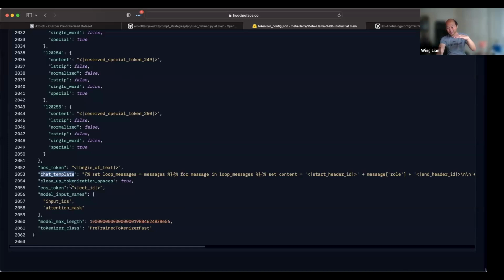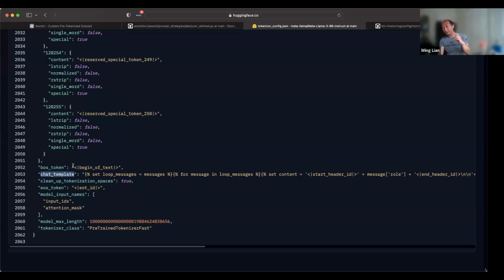I believe the default for ShareGPT is ChatML already, if I remember correctly. But if you set chat template outside of it and you don't explicitly set it, I believe it's conversations under ShareGPT, it will go in and add it. If the chat template was Llama 3, it will automatically set any of the ShareGPT ones to Llama 3.